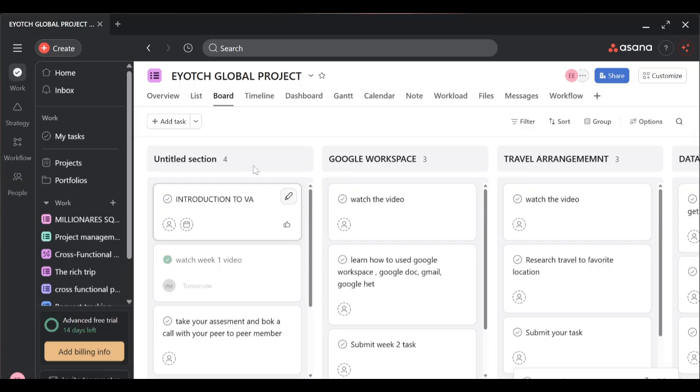So we have the list, we have the dashboard, we have the calendar, we have the notes. Notes is all about workload, files, messages, workflow, okay, and the timeline as well. All right. So this is how to use Asana. It's very simple, very simple. Okay. So